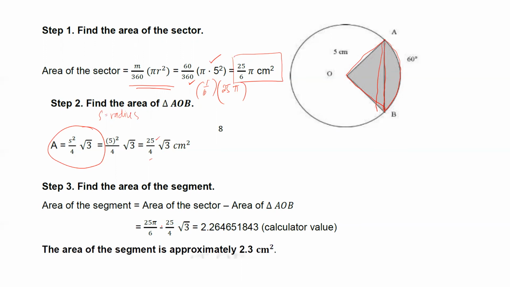Then, we subtract. The area of the sector is bigger, so subtract the area of the triangle. 25 pi over 6 minus 25 over 4 the square root of 3. You can use a calculator to simplify, and that is approximately 2.3. So, since it is centimeter,